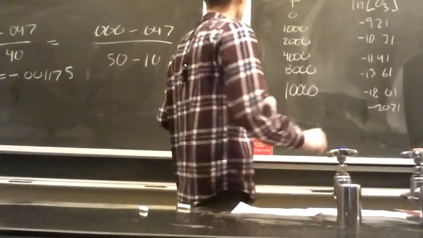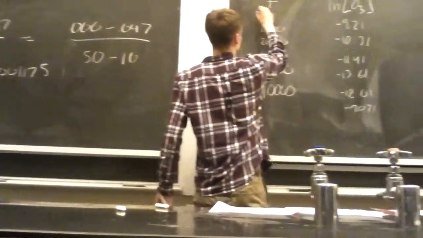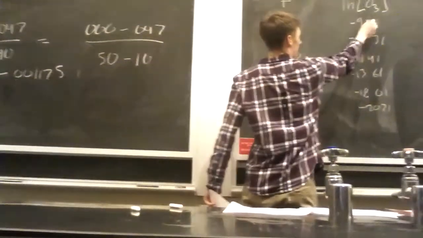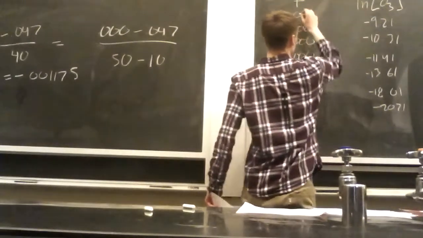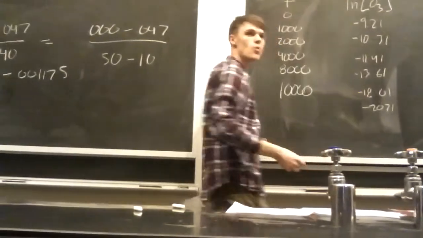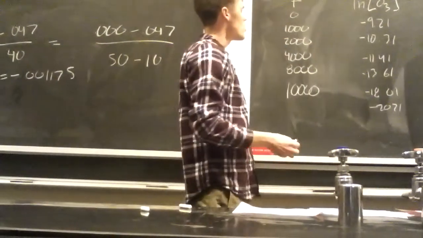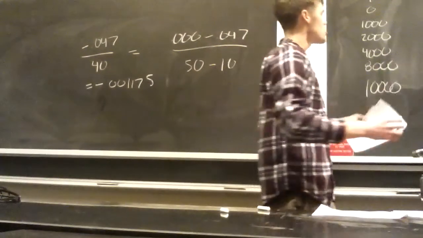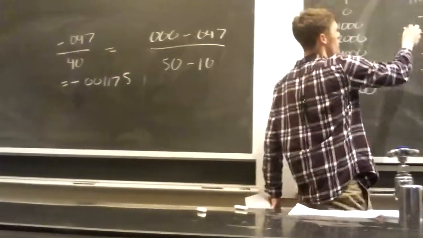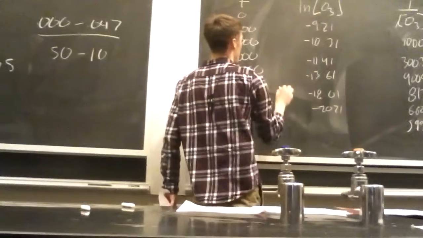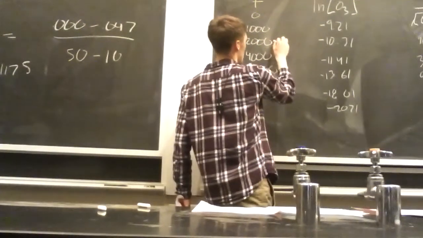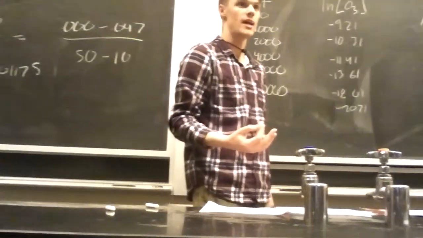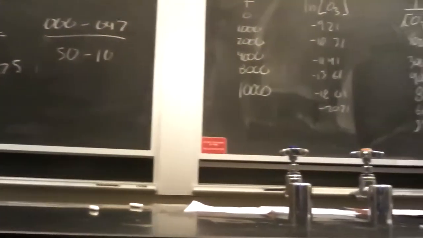All right, and so what you can do is you can take different points. Can you see how 0 and 100 tells you that this is a point on a graph? Can you see that? And that 1,000 and negative 10.31 is a point on a graph? And so you can determine the slopes between two different points, all right? If you were to take the slope of this point and another point, the slopes would be the same if it was a straight line, okay? So the 2 points that I picked were